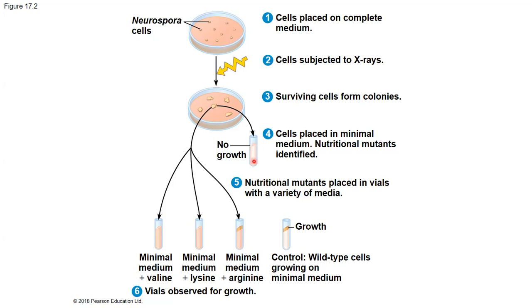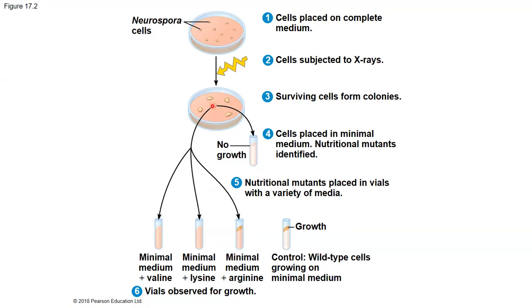and does not contain any of the amino acids. These colonies did not grow, indicating that these colonies are nutritional mutants. Each one of these colonies contains cells that are unable to synthesize a particular type of amino acid. In order to determine which type of amino acid cannot be synthesized by these surviving Neurospora colonies, they took cells from each colony and grew these cells on minimal media plus one of the 19 amino acids.